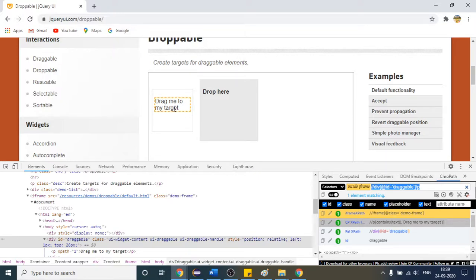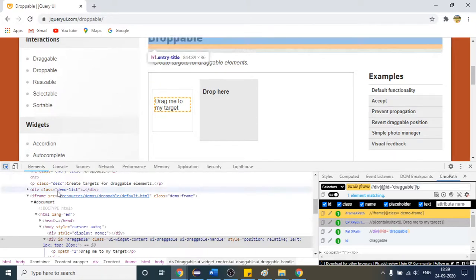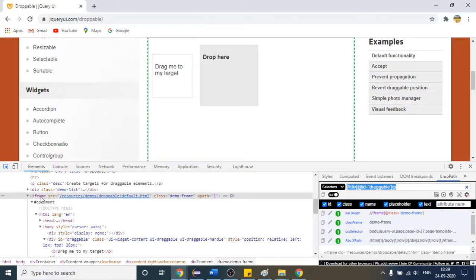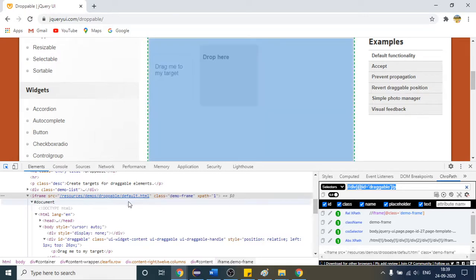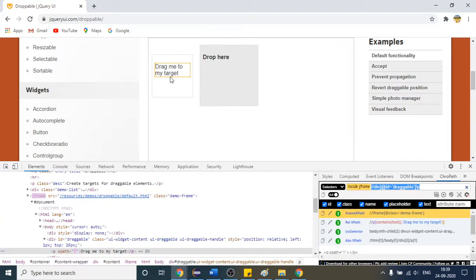So first, what you have to do is tell your Selenium driver object to come to this one. We will say that this is our iframe, you can see here again, this iframe. We will tell Selenium that this is the iframe. First you have to switch your driver object to this one, and then you can perform any kind of action here, right? So is it clear to everyone why we are facing that issue? Please confirm.